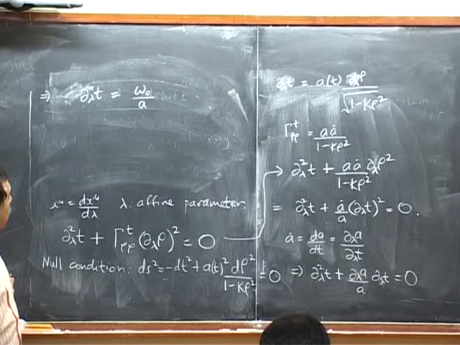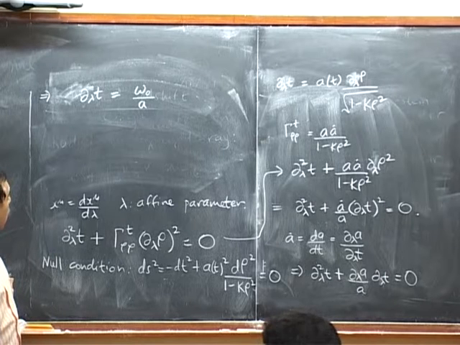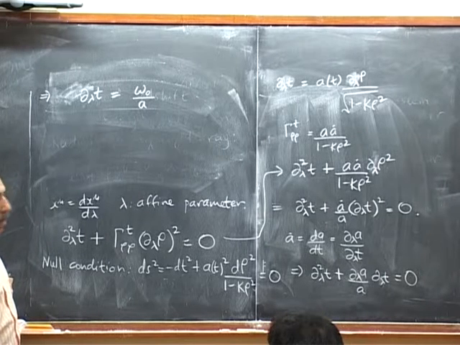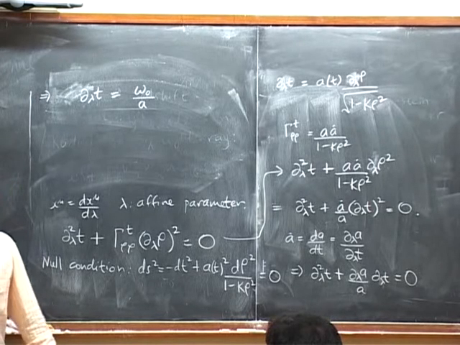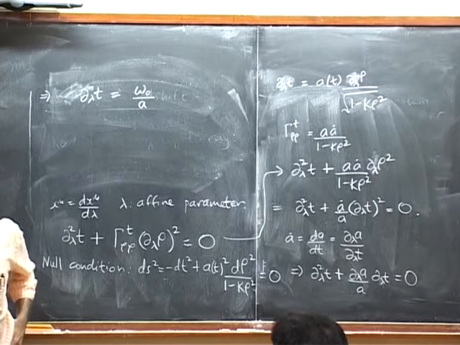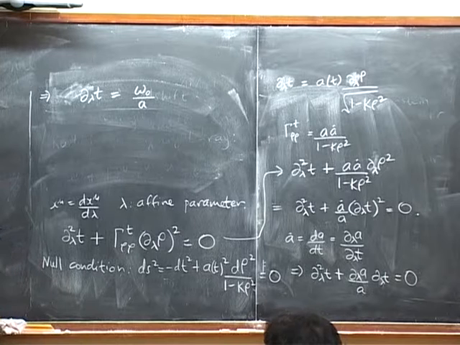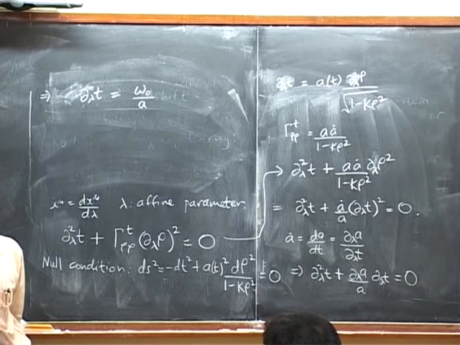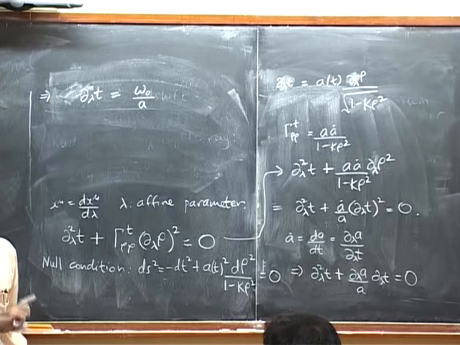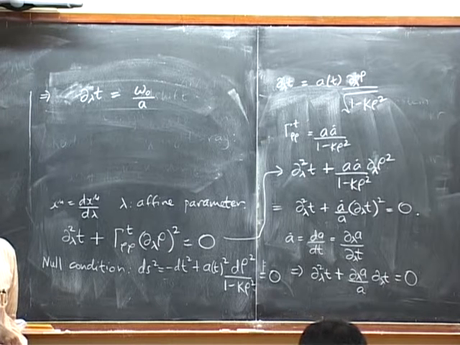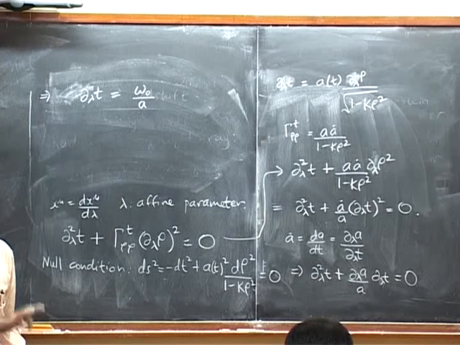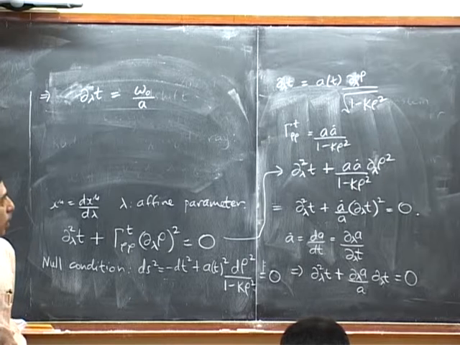Lambda has the dimension of t? No, lambda actually can be completely dimensionless. In fact, it's the most natural choice. Lambda is independent; it can have any dimension. It is like tau, a proper time on the world line, which can be scaled out completely to be dimensionless. It's a completely different dimension from the dimension of t in space time.